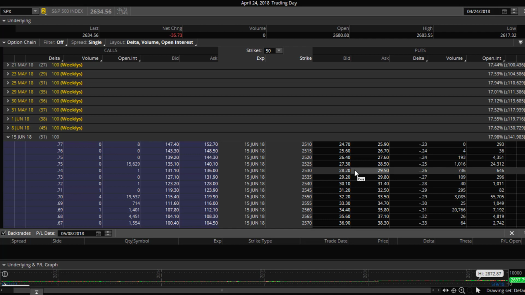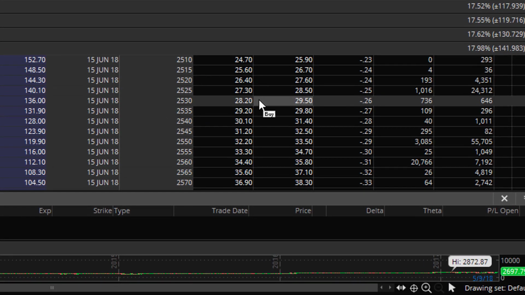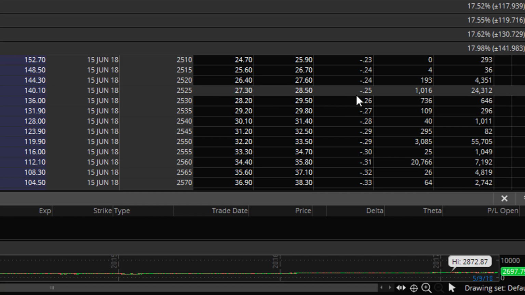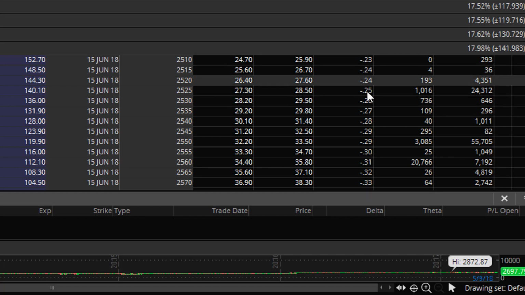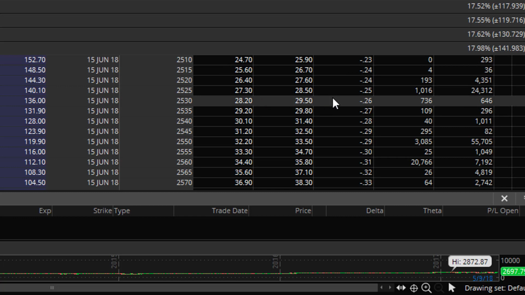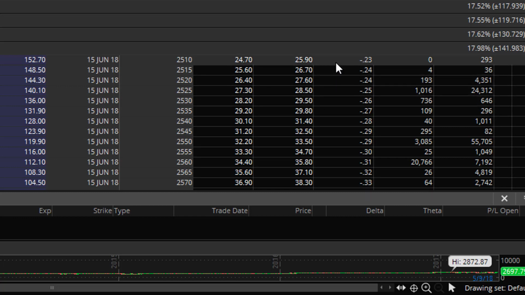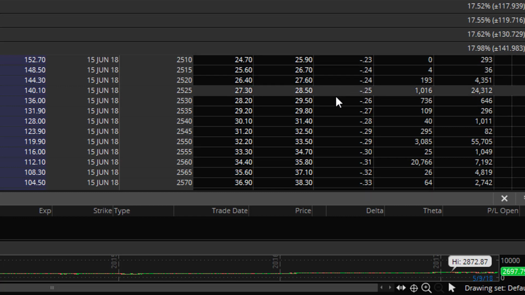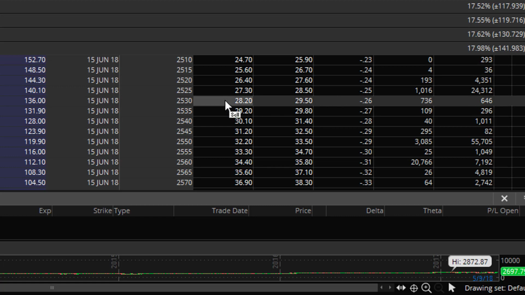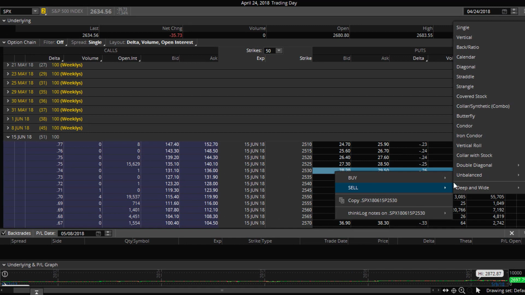And here's where I was talking about the deltas. So some people swear by delta 10 and 15 and 20. So the 25.30, which was just around 4% away, was actually a delta 26. And then 25.25 was delta 25. So you can sort of see that with delta 26, you could go a little safer if that's what you wanted to do. But for this example, I'm going to right click and I'm going to sell a